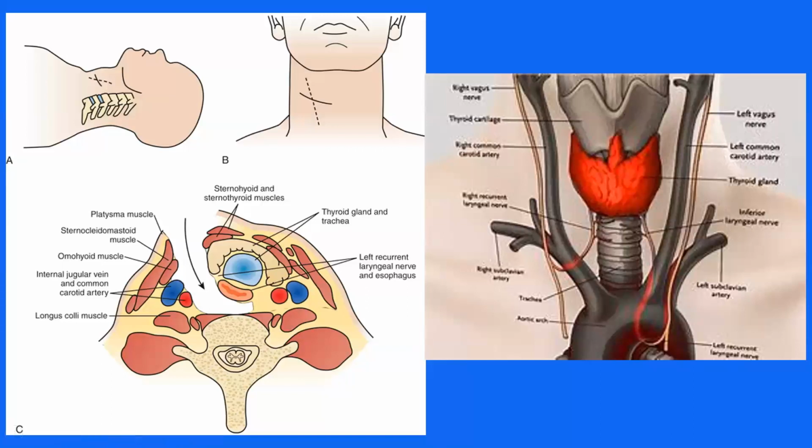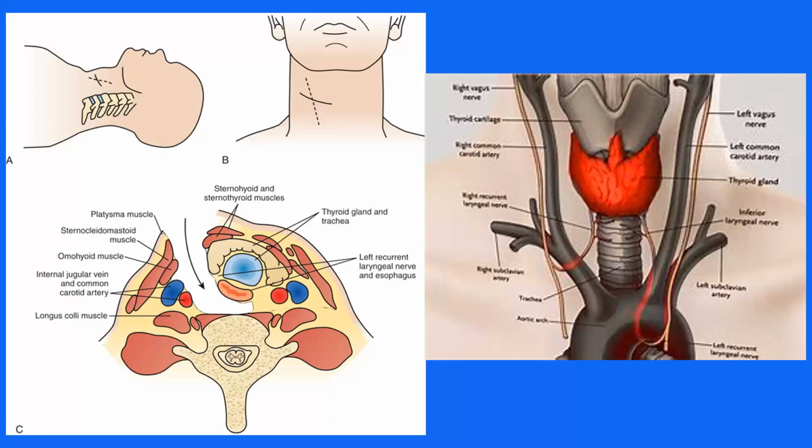Look at this diagram. It is very easy to memorize, and you have to pay attention to one nerve, the vagus nerve, which arises from the 10th cranial nerve. It gives the superior laryngeal nerve and the recurrent laryngeal nerve. The superior laryngeal nerve can be damaged, and as a result, they can have difficulty in swallowing,